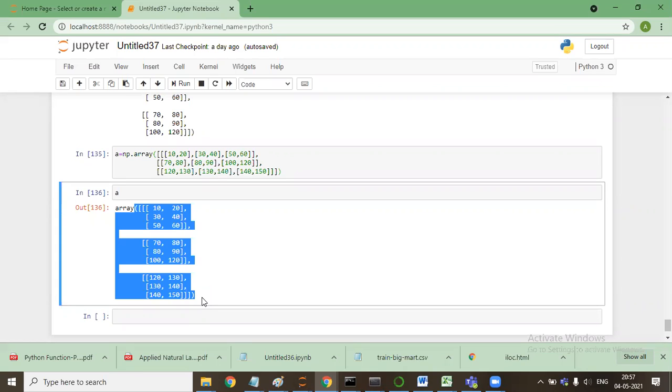For every image, this matrix which I have made is of how many elements? It's how many rows? 3 rows, 2 columns. 3 by 2, 3 by 2, 3 by 2. Every axis is 3 by 2. If I talk about every axis, it has 3 rows and 2 columns. Are you guys with me?